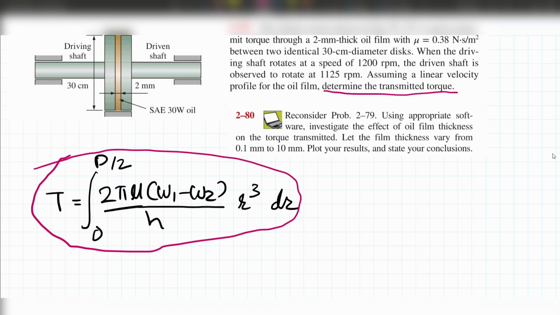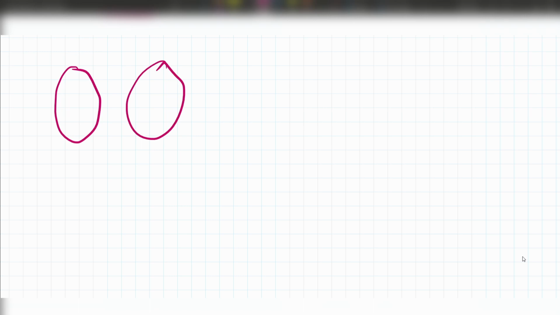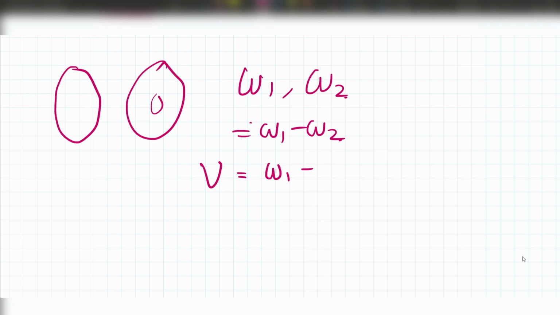So first we will derive this equation. First we will assume there are disks rotating in the same direction with omega 1 and omega 2. For finding the torque, we will assume that one of these disks is stationary, so our final rotating speed is omega 1 minus omega 2, and the velocity v is equal to omega 1 minus omega 2 multiplied by this radius r. This is our tangential velocity,